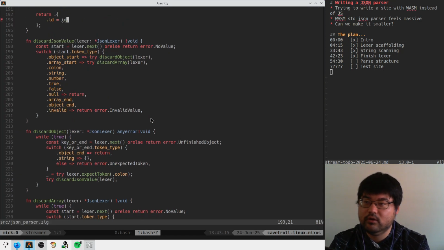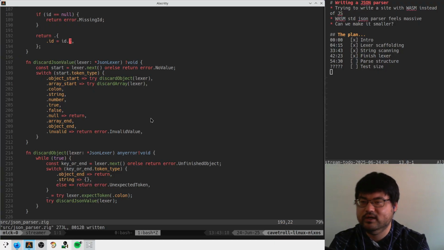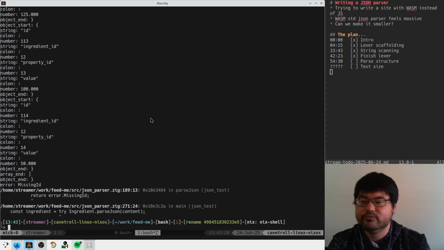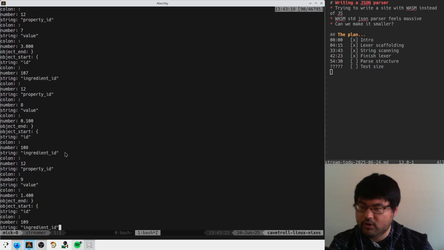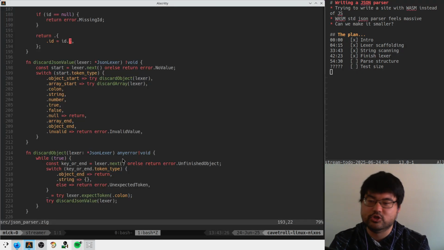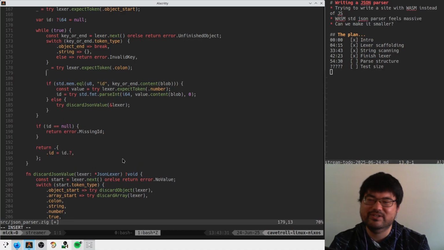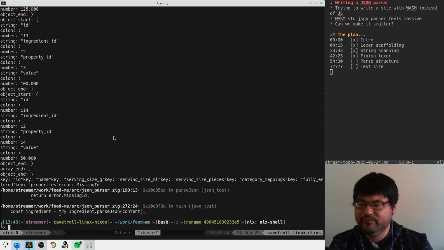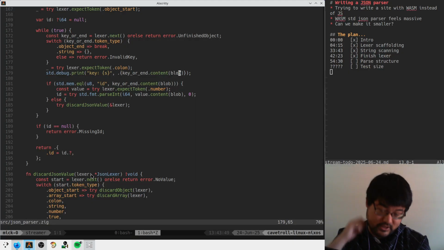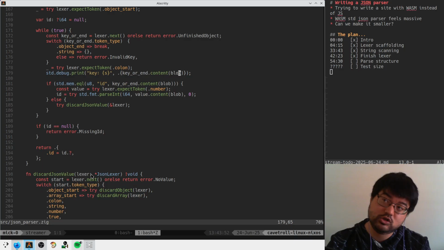Okay. I guess we can do this. Missing ID. Okay, so that seems untrue. Right? Seems untrue. So can we do std debug print here? Key is this. What is going on? Key or end content blob. What is going on here? Key ID. It's right here. Oh, because it's including the quotes,